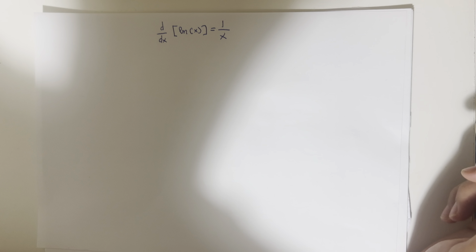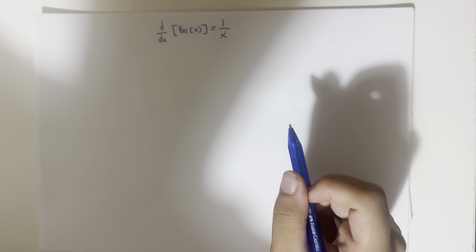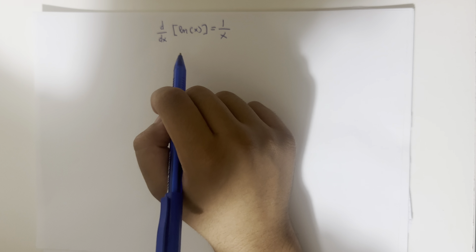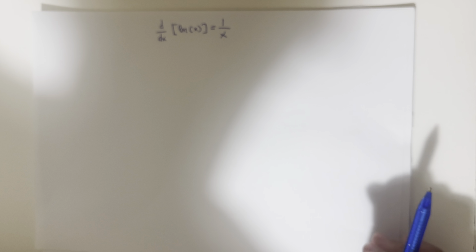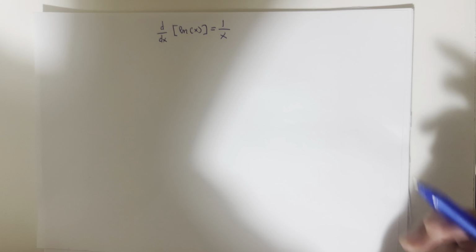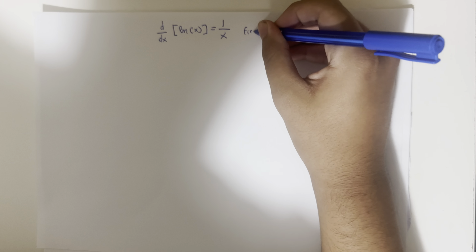Hello guys, welcome back to Math from my desk, and in today's video, we will be proving that the derivative with respect to x of the natural log of x is equal to 1 over x. So let's go ahead and do that. The way we'll be doing that is by using the first principle,